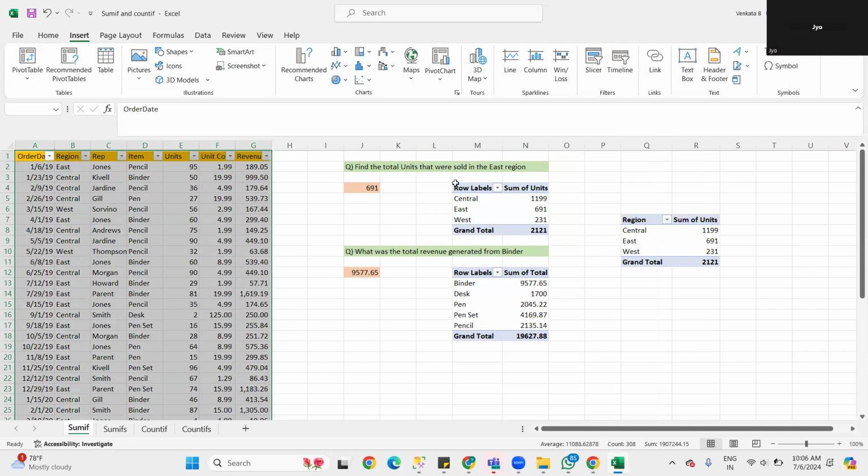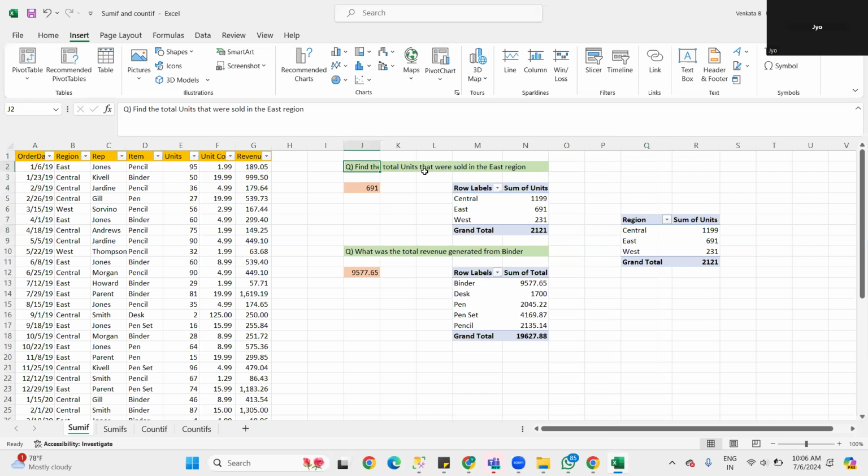Clear, right? How to achieve this one? So now the very first question is find the total units that were sold in the East region. So how much East region? 691. So now I want to write through function. So we can write it. SUMIF, right? So equal to